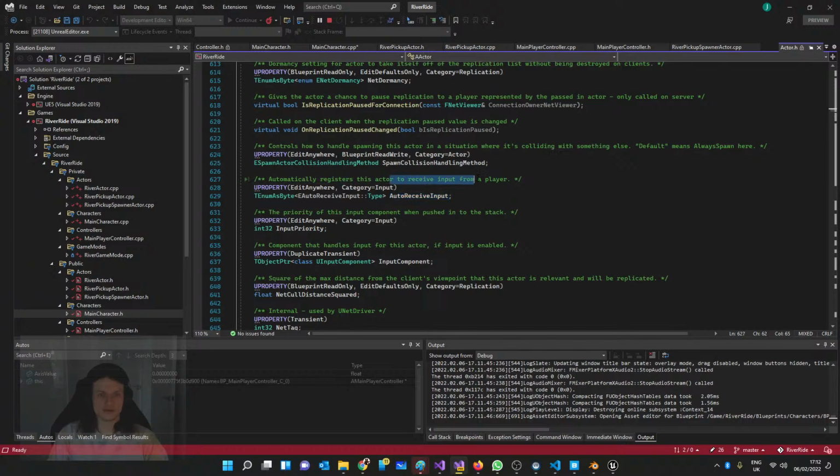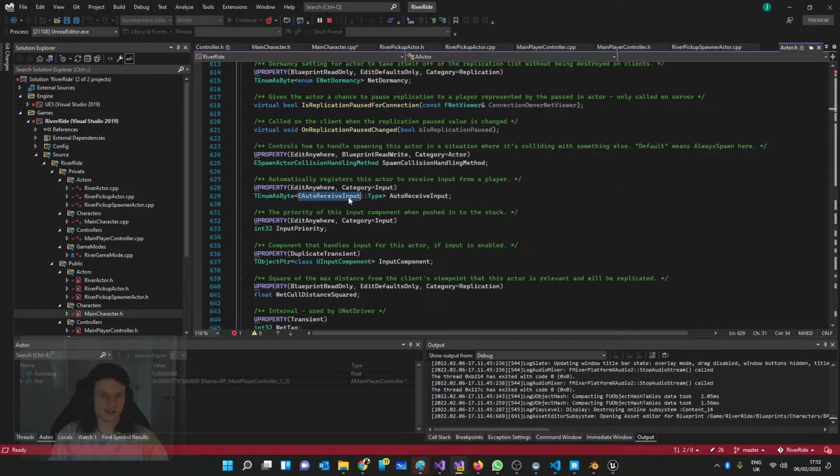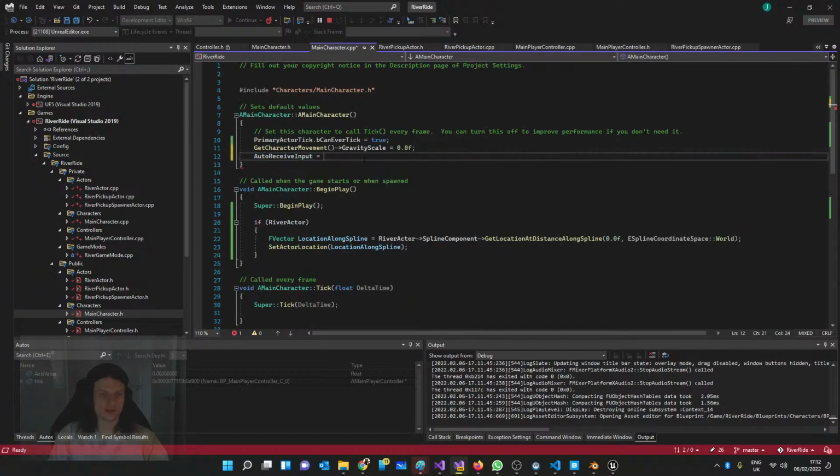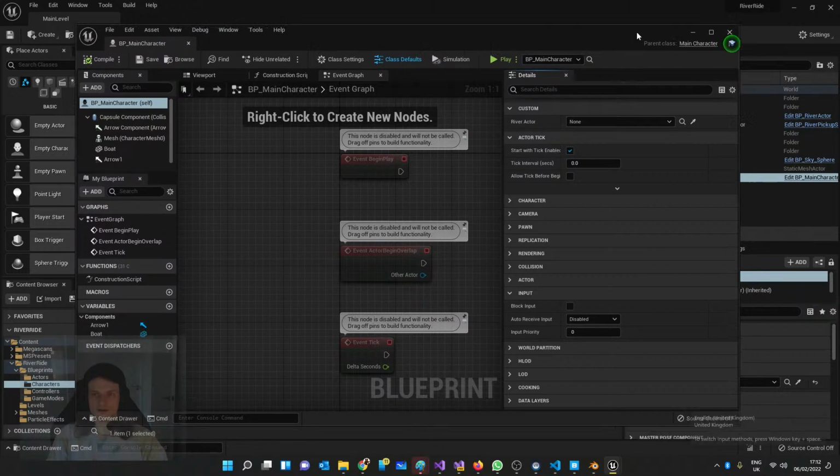Automatically registers as to receive input from a player. Equals, see its type was an E auto receive input, so we'll do that. Colon colon player 0. Okay, that looks good. So we've put this in to basically make sure it's overridden this thing here. If we go and compile this code now,